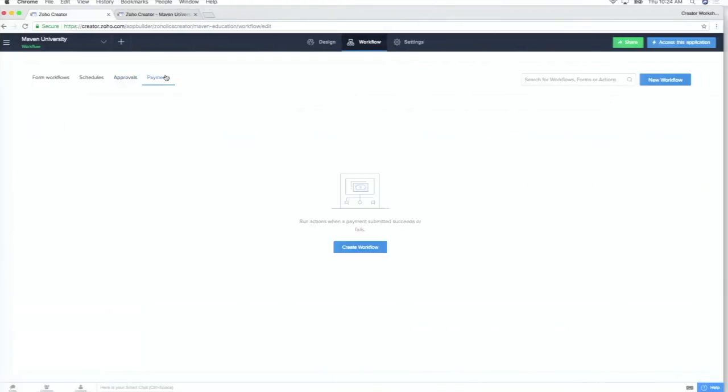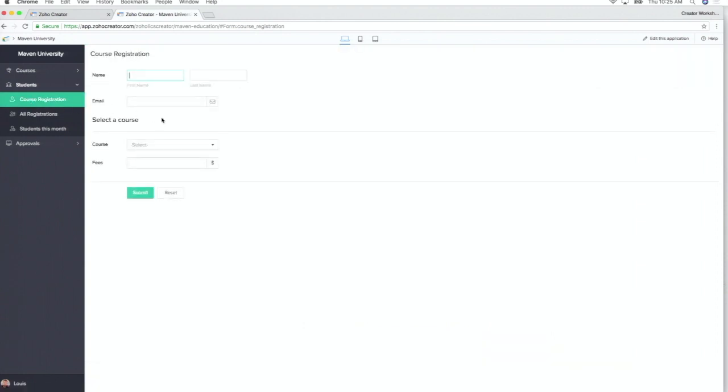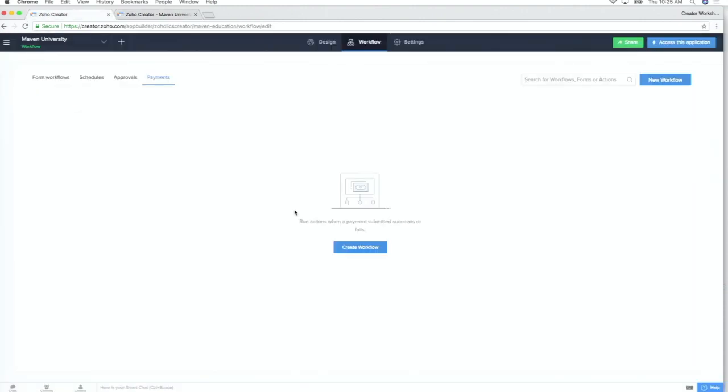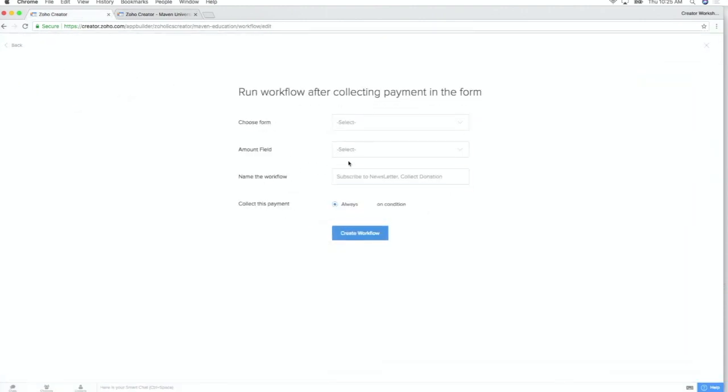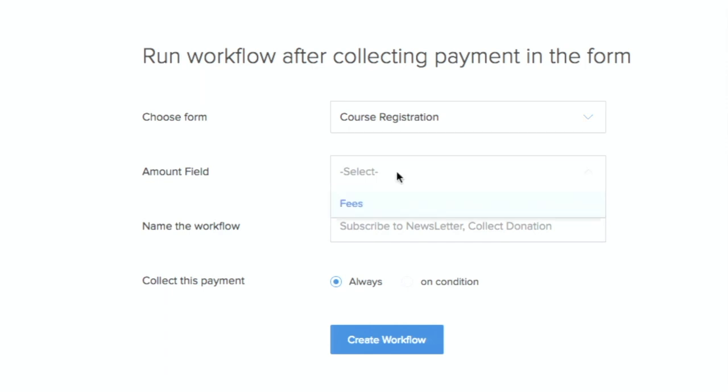Yeah, last type of workflows, payment workflows. What we are going to do now is we have a registration form for the students. This is our live application, and then we are going to collect payment right away once the registration form is submitted. So I'm going to set up a payment workflow. Gateways need to be configured. One is already configured for this, and then I choose the form as course registration. This is the registration form, and related to a field of the amount that needs to be collected with the payment. That is the fees field, and I name it as collect payment,